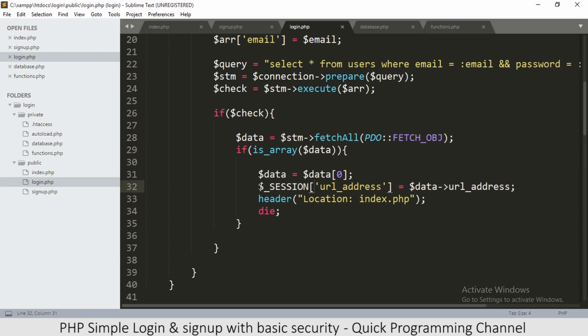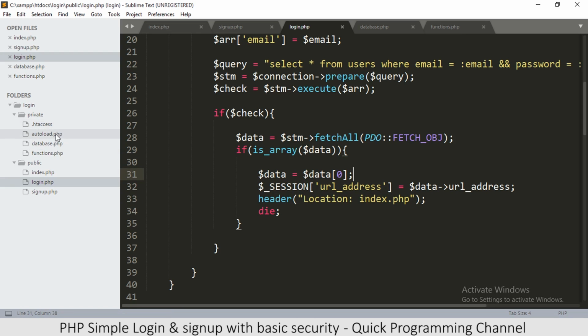So it's a good variable to use. That way the user doesn't have to log in again on every page. We can simply know they're already logged in. So all we have to do is check for this and know that somebody is logged in. Okay, great. So now let's go to